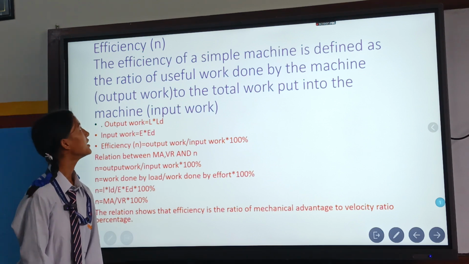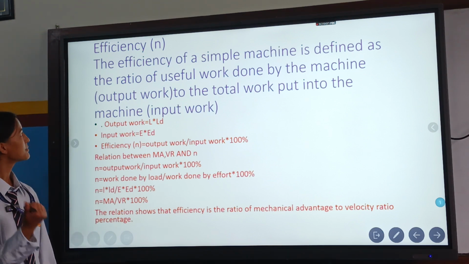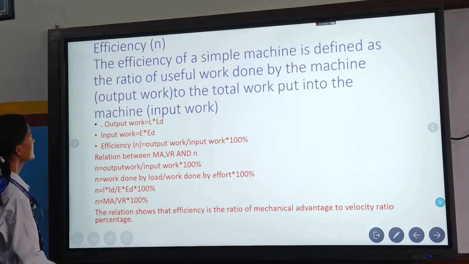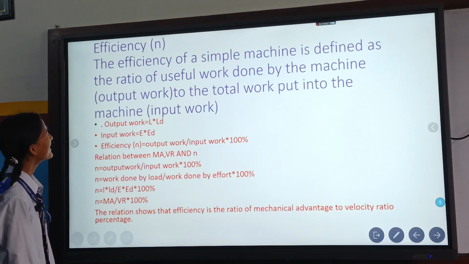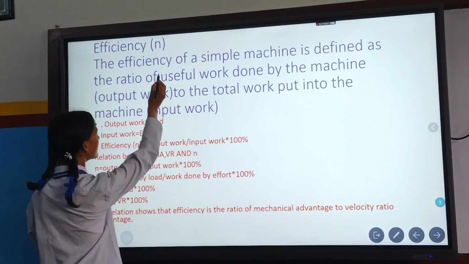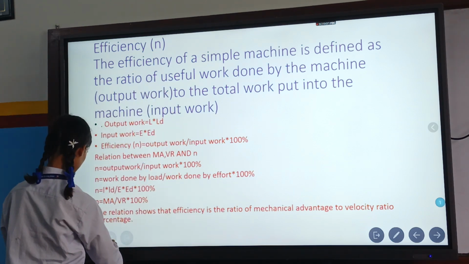Also efficiency, and it is represented as small eta, okay, small eta. Okay, but it is written like